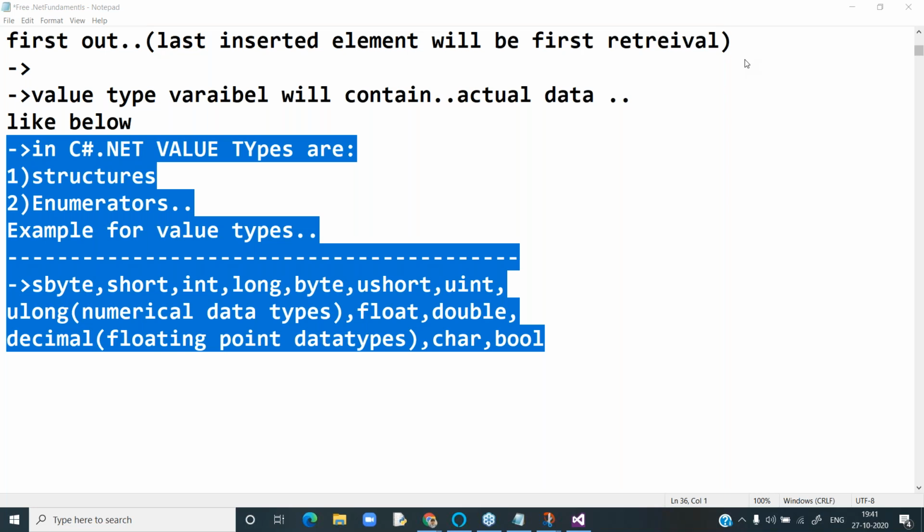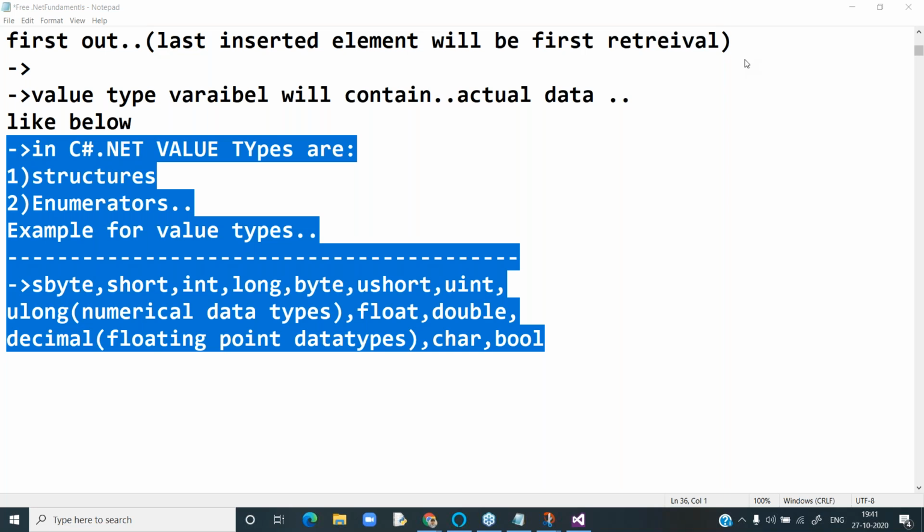Heap is a data structure which can contain a collection of elements.